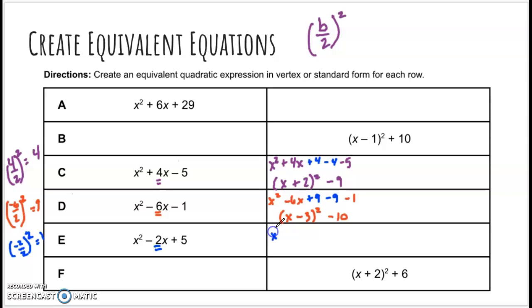So I have x squared minus 2x, add 1 and subtract 1, plus 5, and I've got my perfect square trinomial: x minus 1 squared plus 4. Again, you can multiply back through to check your work. And that is the basics of complete